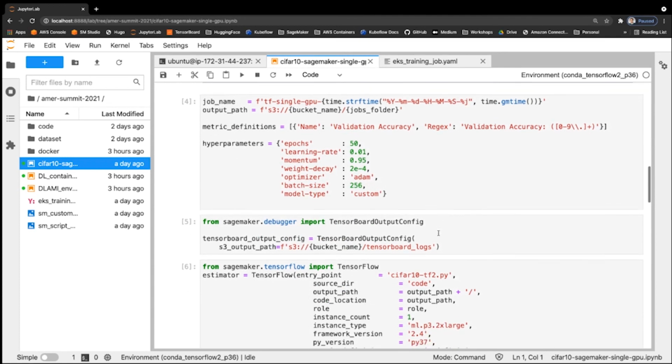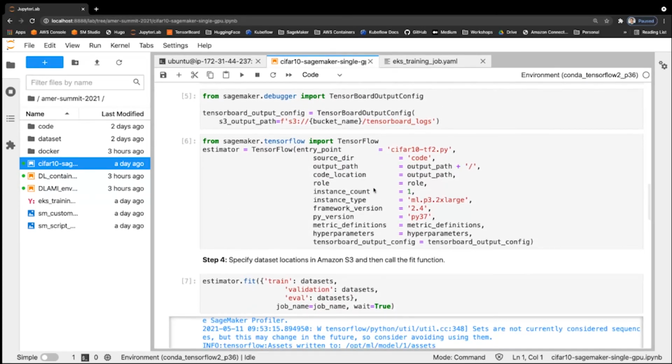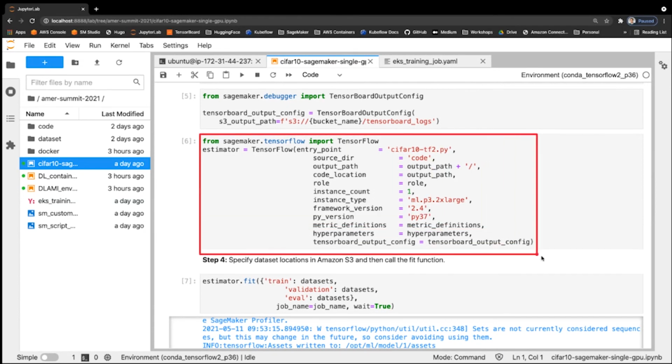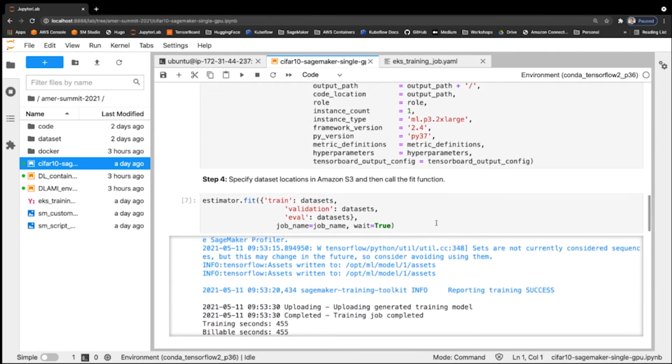As far as the workflow is concerned, you specify your hyperparameters, and then you specify your estimator function. In this estimator function, you'll specify where your training script is, how many instances you want to run this on, whether it's a CPU instance, GPU instance, or what type of EC2 instance, the framework version, which is TensorFlow 2.4, the Python version, and others. And then you will call the fit function.